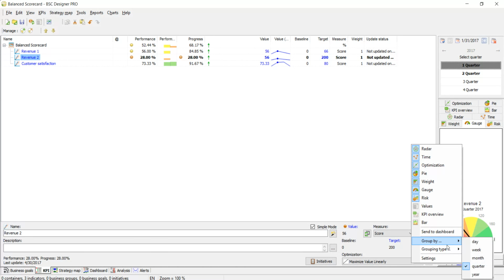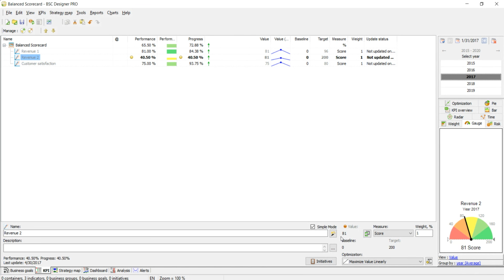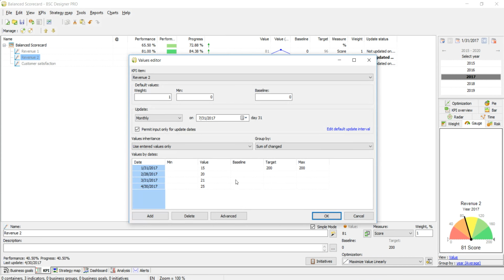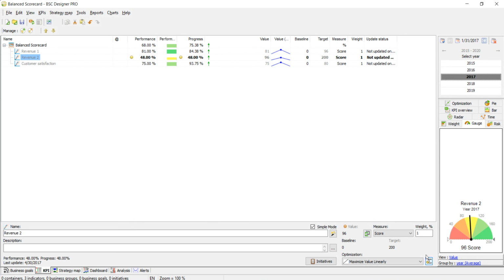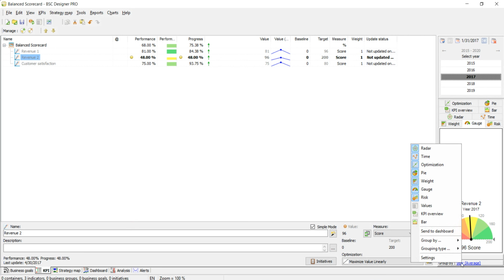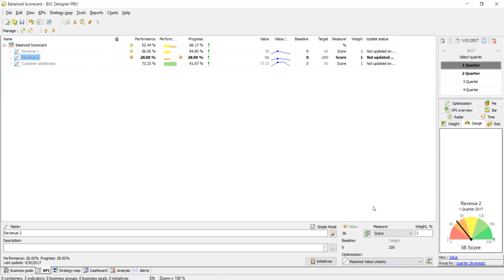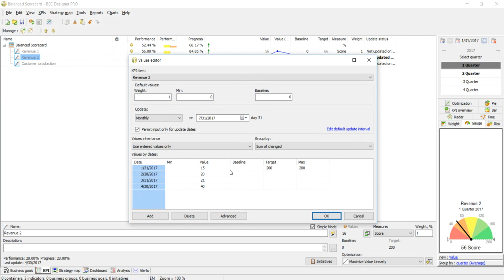Yeah, if I group by year, I actually see how I'm going in terms of this year. So I have my target 200 and now it's 81. So let's see if I change here, for example, to 40, the current value will move. And using the same logic, we can actually set targets for the quarters as well. In this case, I will need to put here